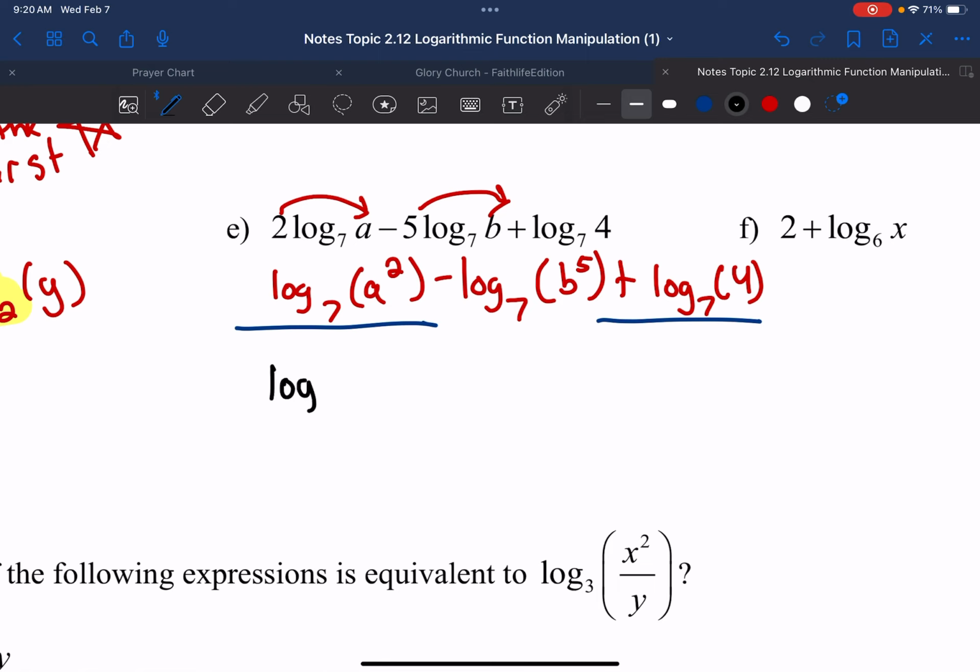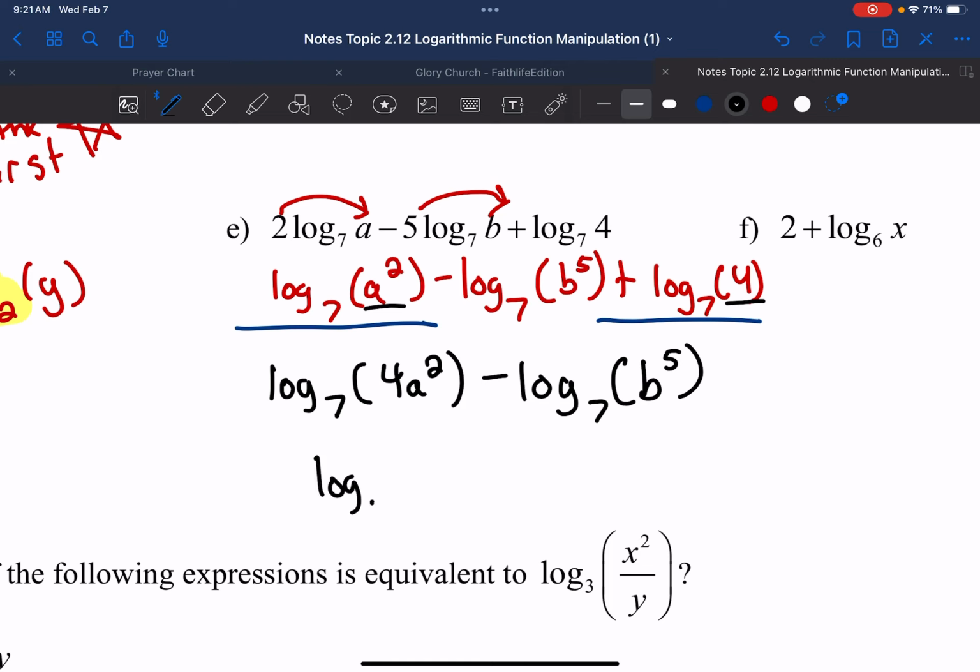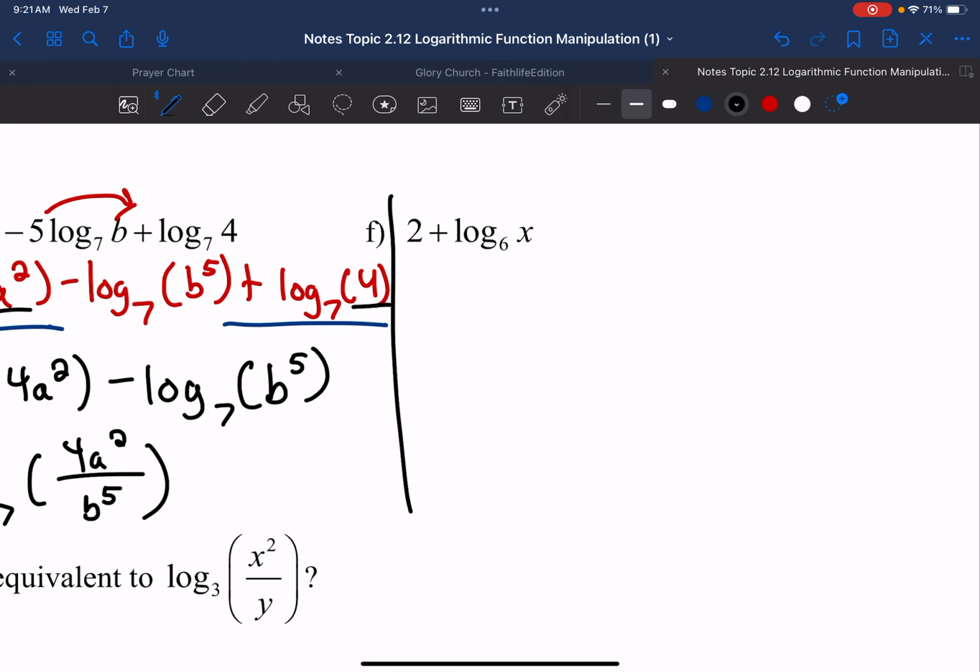So log base 7 of, and when I add, I multiply. So I'm going to multiply a squared times 4. So 4a squared minus log base 7 of b to the 5th. And then I can rewrite it as log base 7 of 4a squared over b to the 5th. And the last one here, I've got